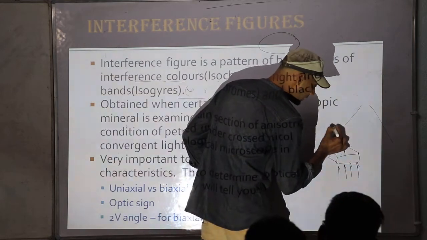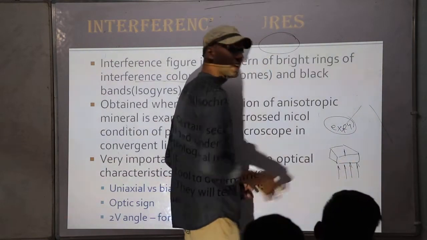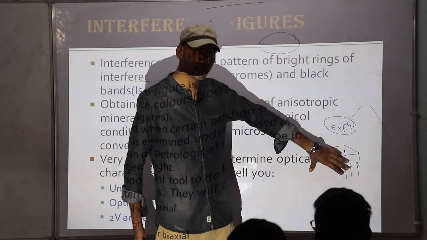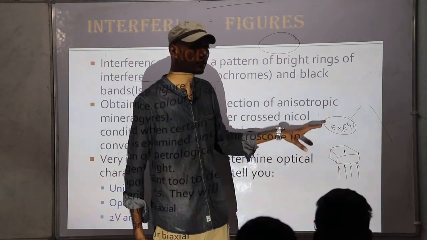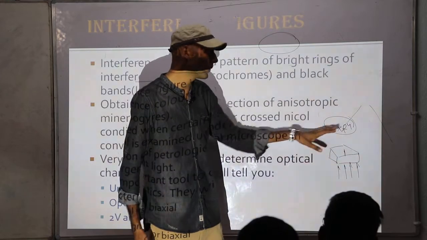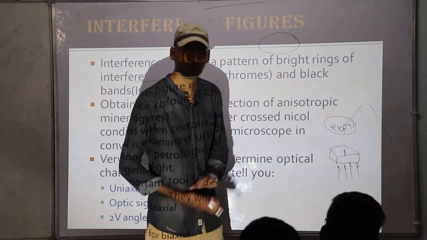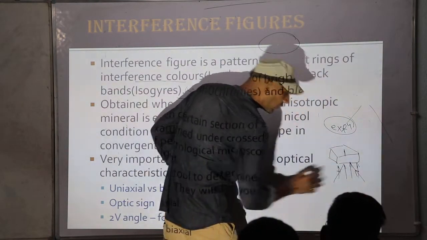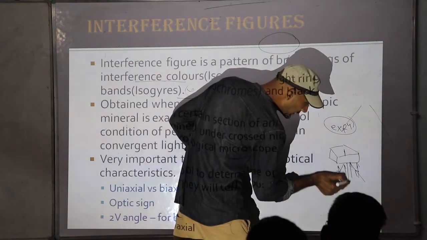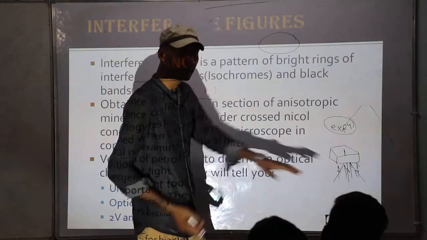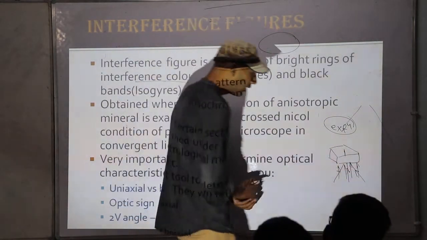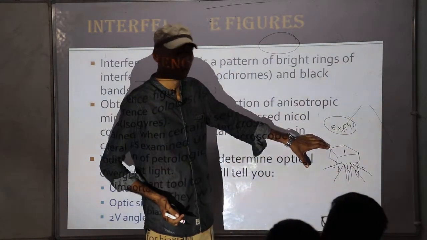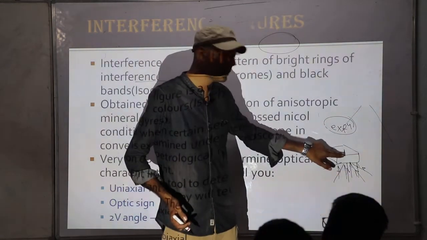So if extinction will happen, the entire stage becomes dark, because when the light rays are parallel to the optic axis, they will be passing through an isotropic section, so they will be hindered by the analyzer and you will view extinction, you will view a dark stage. Because we are providing a conoscopic arrangement, you can see only this ray, the center ray, the ray which is at the center, that is parallel to the optic axis. All of the others are at an angle to the optic axis. You can see extinction when the light ray is parallel to the optic axis.